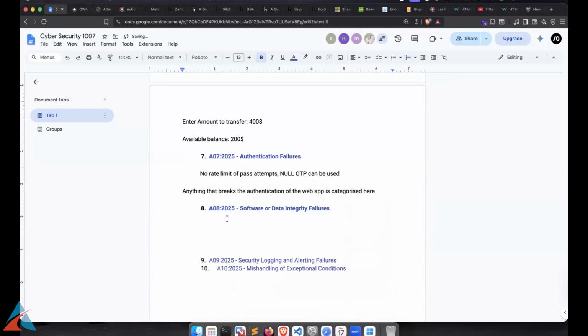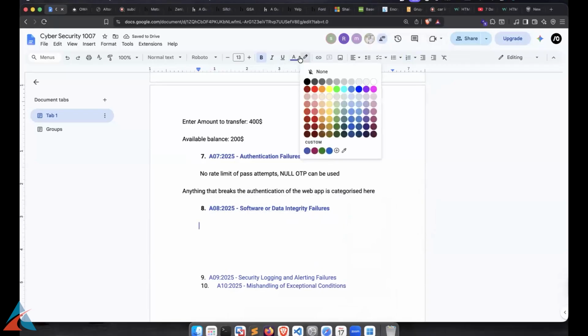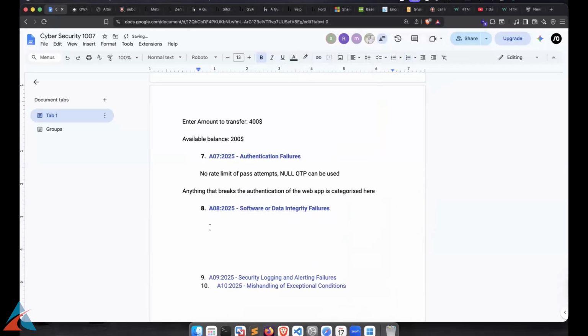Software and data integrity failures. So now, in this particular category, what happens is the web application trusts some sources which it should not trust. Which are not the correct sources, and it trusts those sources. So the system trust is